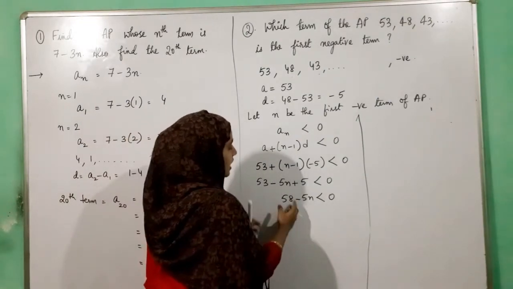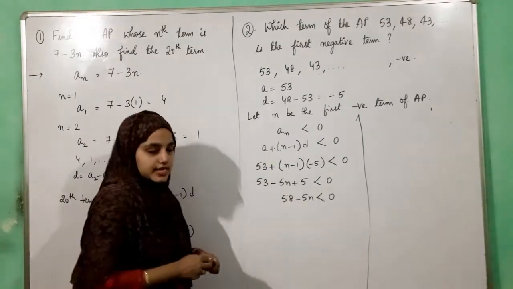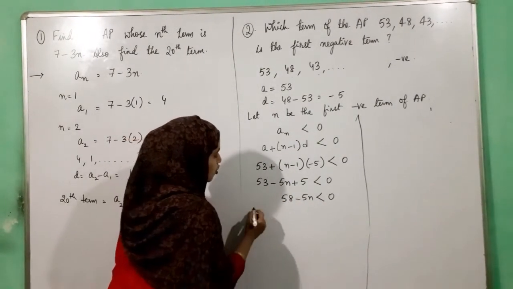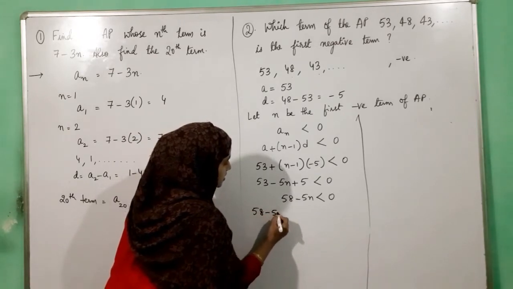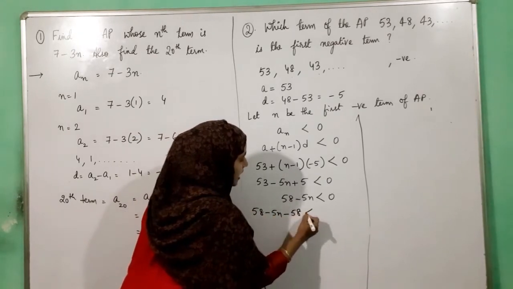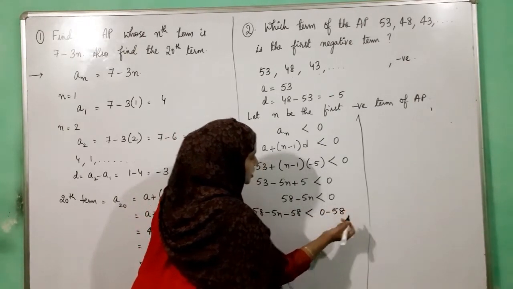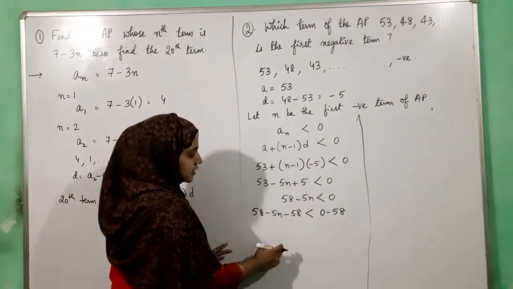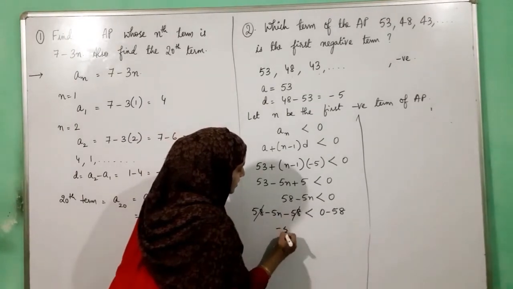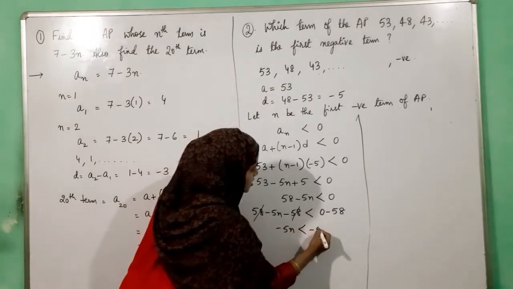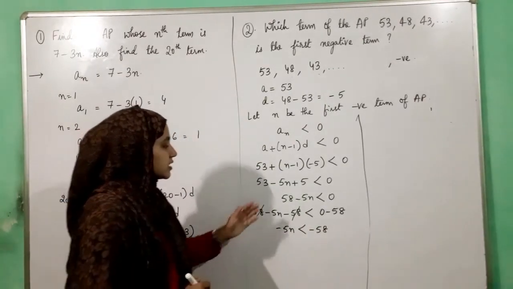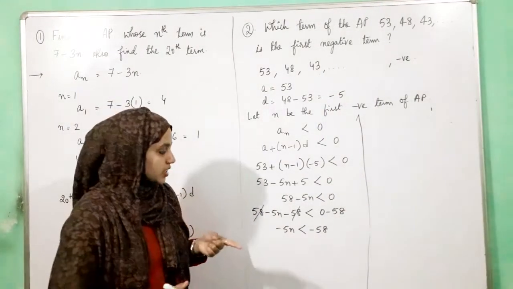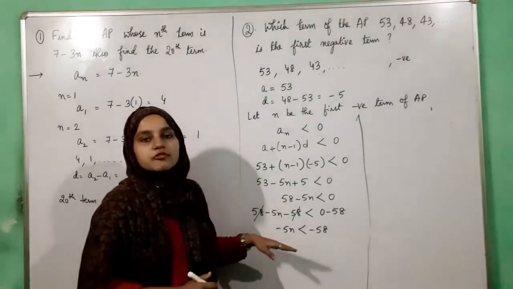Okay, so let me explain. Here I will not directly send the 58 to the other side. I have to send it to the other side, so here I have plus 58, correct? So I will do minus 58 on the LHS and the same thing, minus 58, on the RHS to keep the equation balanced. So here you can see 58 minus 58 gets nullified. So what will remain? Minus 5n. So minus 5n is less than minus 58. Correct? You may say that we will get the same thing by sending it to the other side, but many people make mistakes when the negative sign comes. So that is why I am following the proper rules of the inequality here.